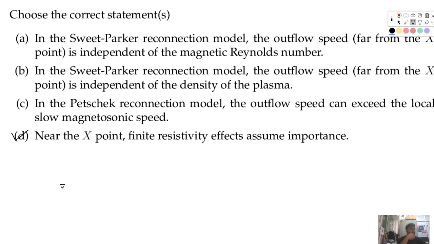But here, there is some presence of MHD shocks in the Petschek reconnection model, which basically accelerates the process of reconnection, right? Okay, now what happens is,